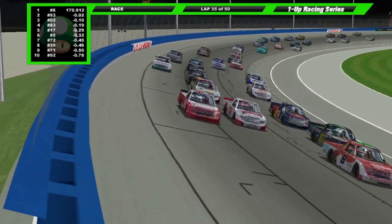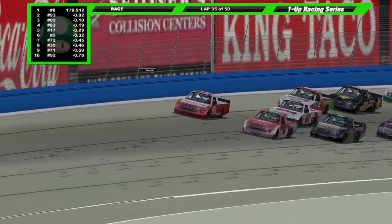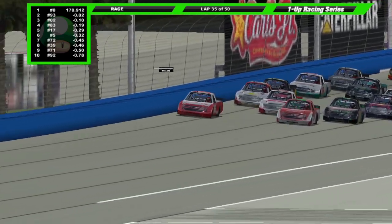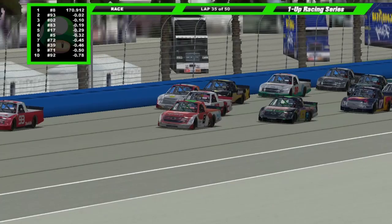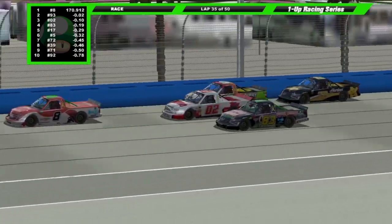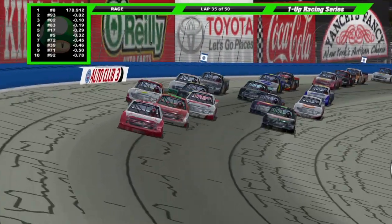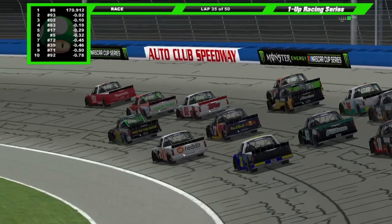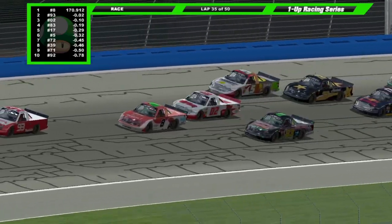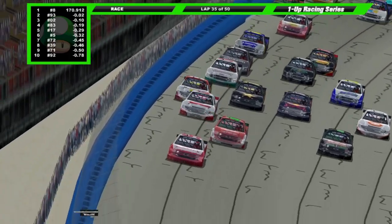And remember, these tires are 35 laps old at this point. They are very much not in their prime. Although there is rubber on the racetrack to compensate for that. But these trucks have fallen off considerably since the start of the race. They were running 42nd lap times when this race started. They are now in the high 42s and low 43s. So these guys are just slipping all over this racetrack, trying to keep as much grip as they can,